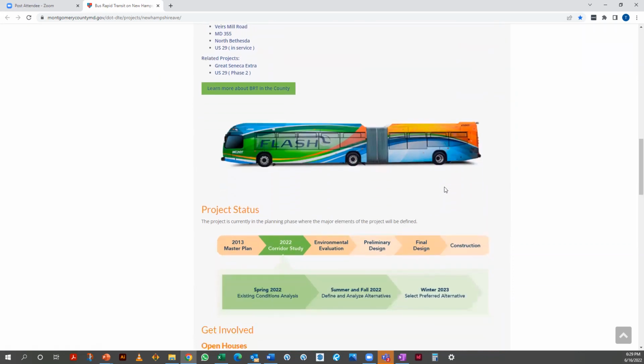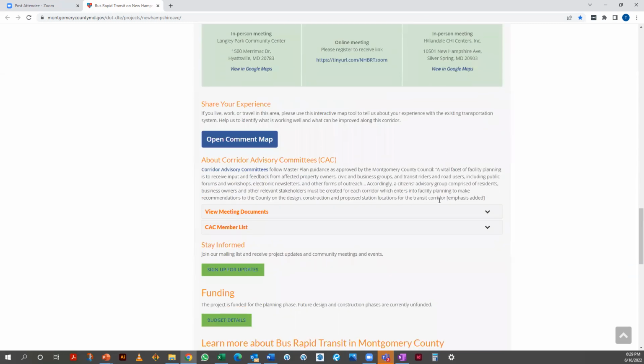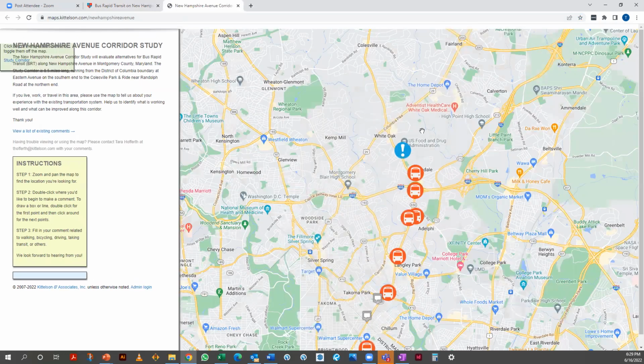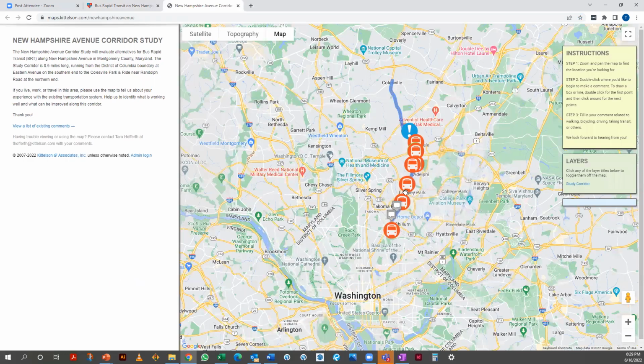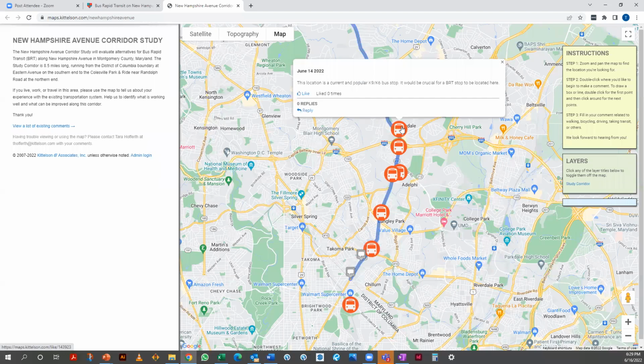And then if you go down to the section, so this blue button for the comment map, this is what Jamie was mentioning. If you have a particular area where you have a challenge or something that you want to make sure that we're aware of and take into consideration, this map allows you to click, and you can see that others have already put some comments in there. Each of these bus symbols or exclamation points is basically folks who have said, this is a difficult place to cross. I want to make sure there's access here.